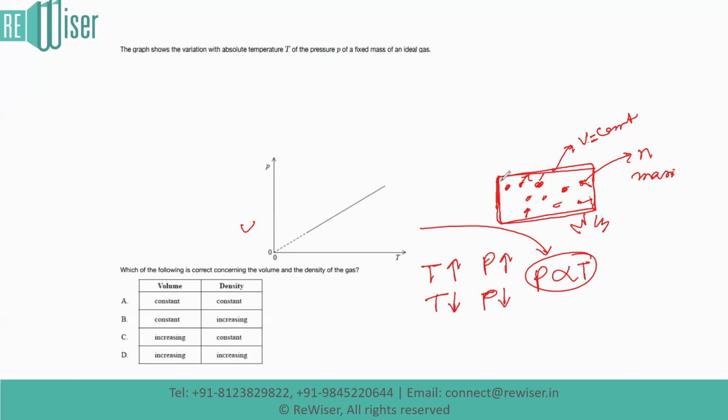And now if the volume remains constant, then only the pressure will increase. So we can say the volume is constant. Now since volume is constant, and we already said that the mass remains constant inside the container,